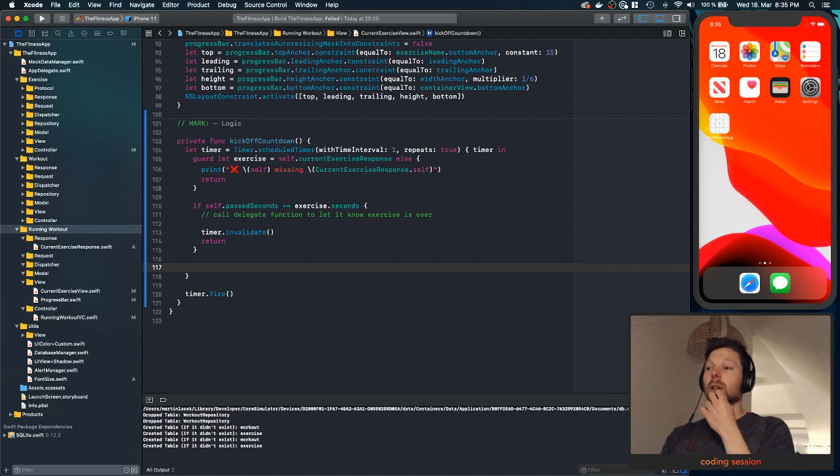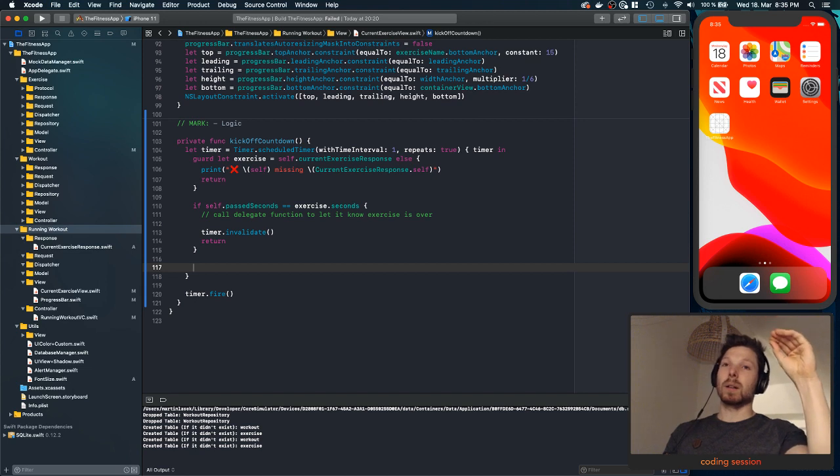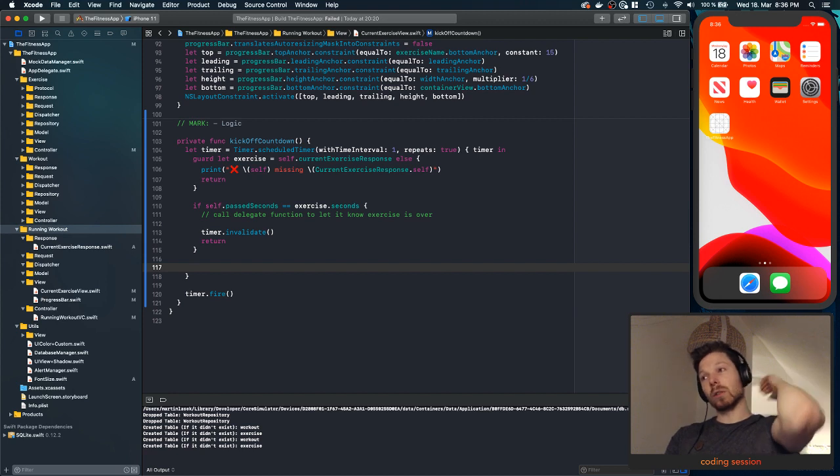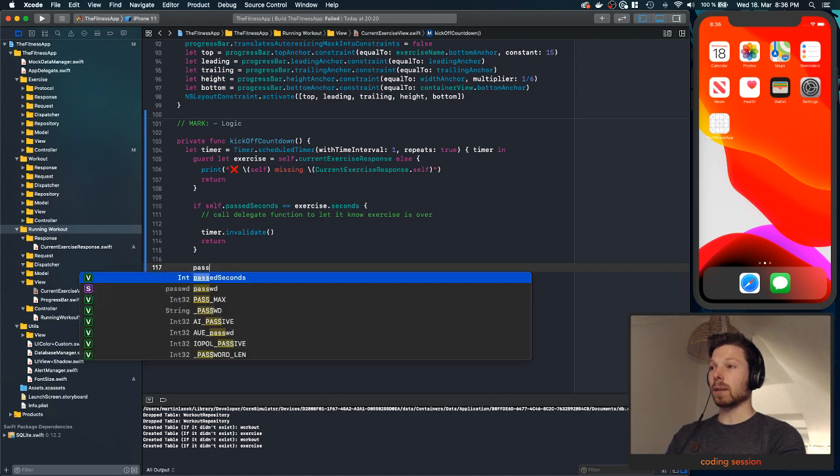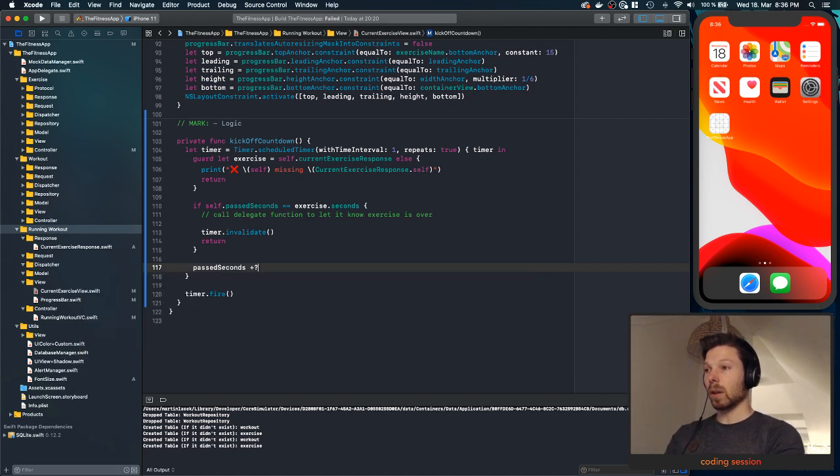And if we are not there yet, this is always the early return approach. So is the condition met? If not, early return. Just don't even continue to execute the next code. And then next step, does it fulfill the requirement? Do something, and then down here, what we want to do is, which means we are still running. So basically, past seconds, increase it by 1, and